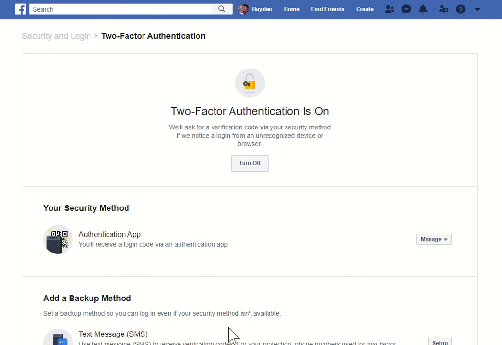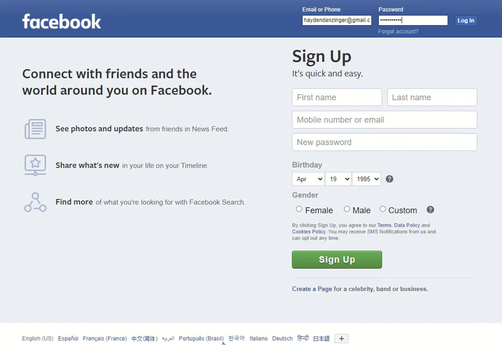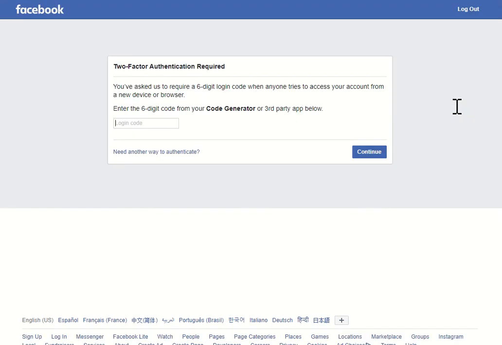So now I'm going to go to an in-private browser window where I have never signed on before. So this basically looks like a new browser to Facebook. So this would be the same experience if you logged onto a new machine, or critically, if somebody other than you tried to sign into your Facebook account on a machine other than yours. So when you click Login, it asks for the 6-digit code. Again, these codes change every 30 seconds. So I'm going to enter the code I see on my device right now,